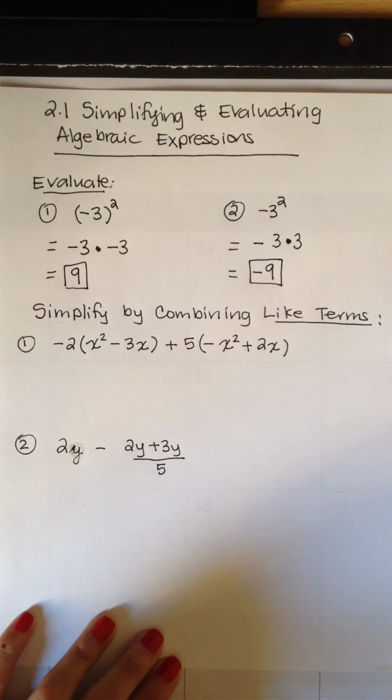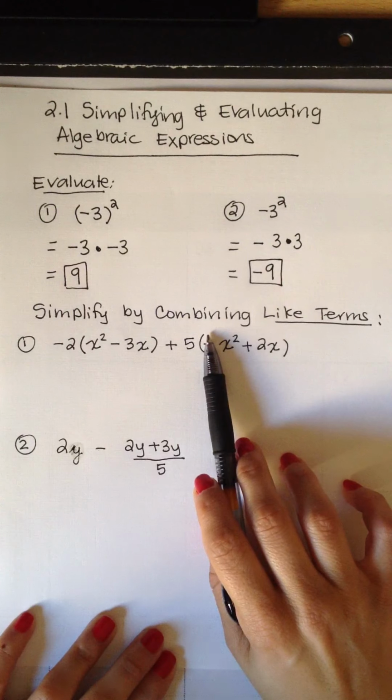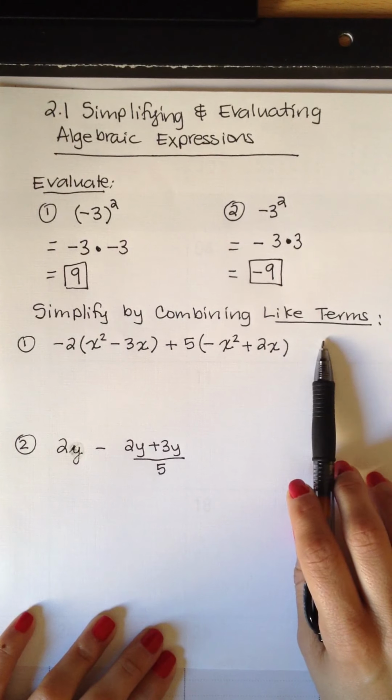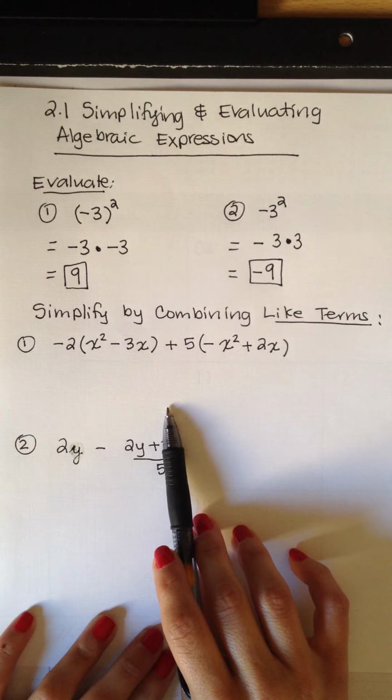Next, simplify by combining like terms. So when it says combine like terms, it means either add or subtract. Like terms are terms that have the same variable or variables and also the same exponent or exponents. In this case, the first step would be to use the distributive property,